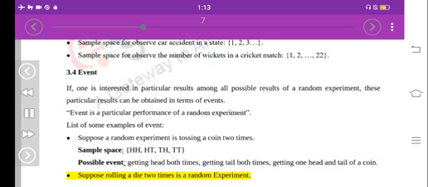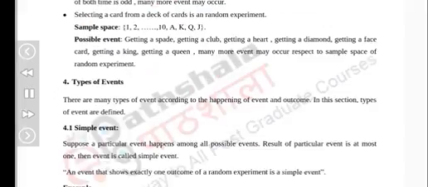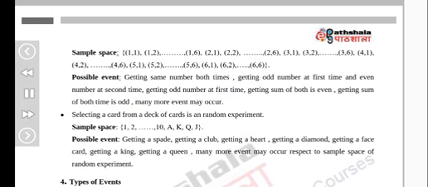Suppose rolling a die 2 times is a random experiment. Sample space: 1,1; 1,2; 1,6; 2,1; 2,2; 2,6; 3,1; 3,2; 3,6; 4,1; 4,2; 4,6; 5,1; 5,2; 5,6; 6,1; 6,2; 6,6. Possible events: getting the same number both times, getting an odd number the first time and an even number the second time, getting an odd number at first time, getting the sum of both as even, getting the sum of both times as odd,